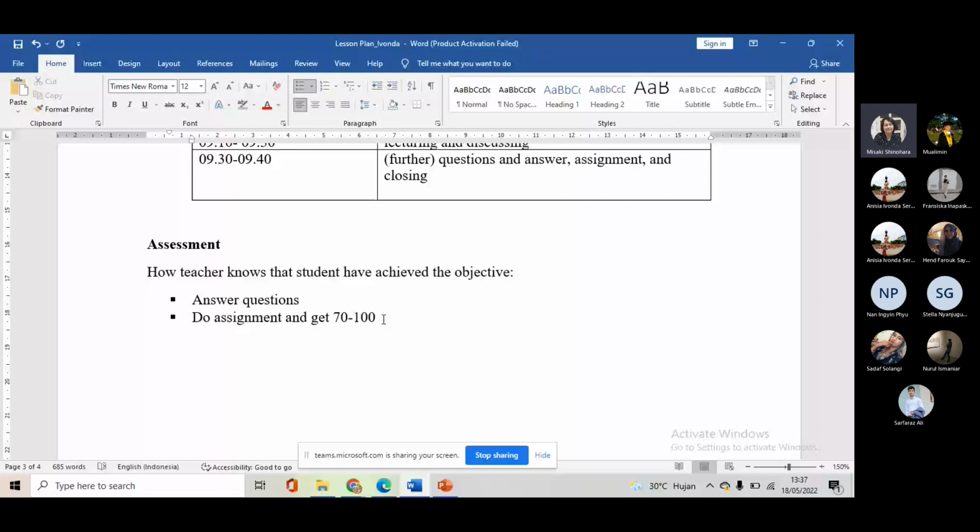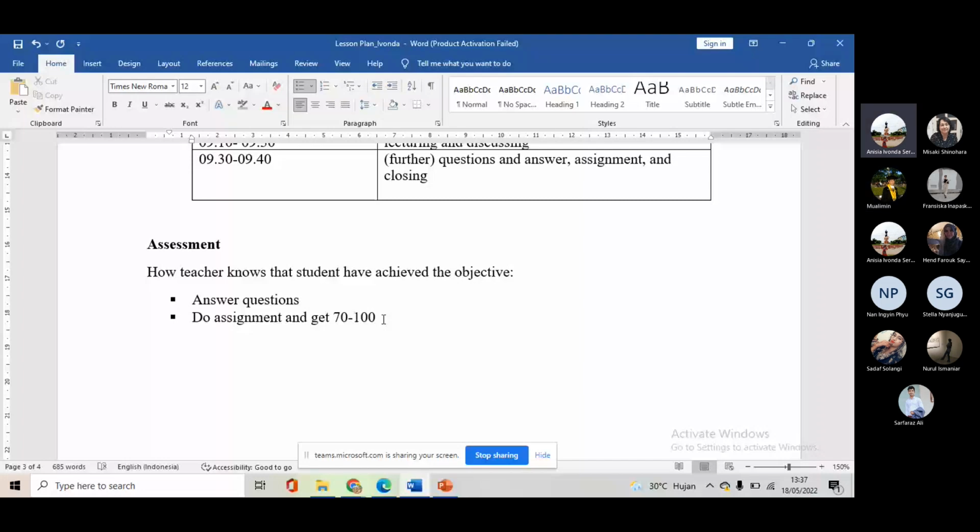You want me to show my PowerPoint, Ibu? Yeah, it's okay. Oh, but okay. I didn't see the teaching method, so I want to know if you have a teaching method in the PowerPoint or not, because it's the English teaching program, right? Yes. Oh, yeah. So I don't put any teaching method in the PPT, Ibu.